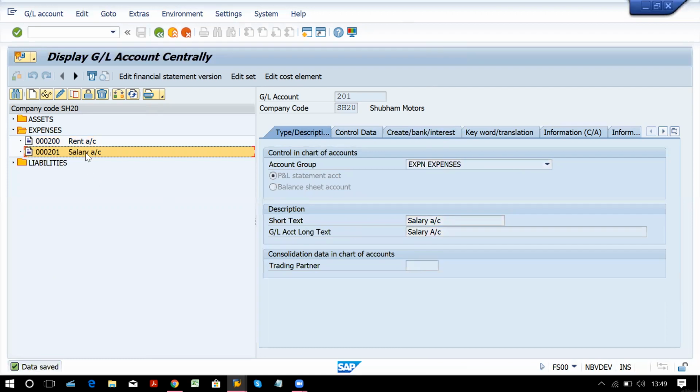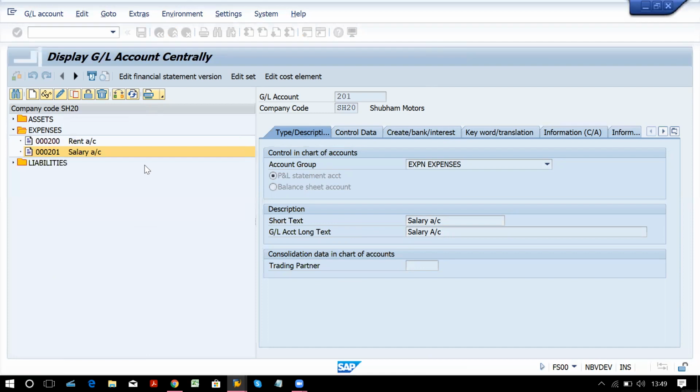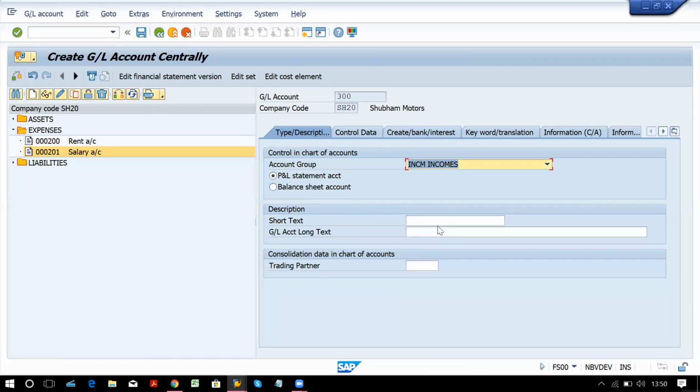Fine. Now 300 is the range we have for income side accounts. So we will create one income side account, say, commission received account.